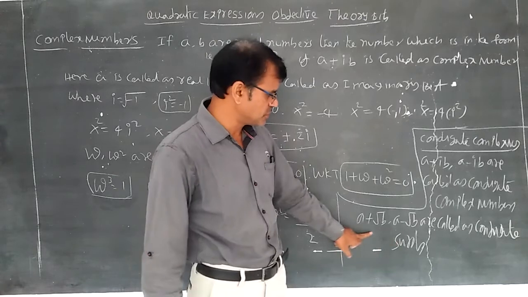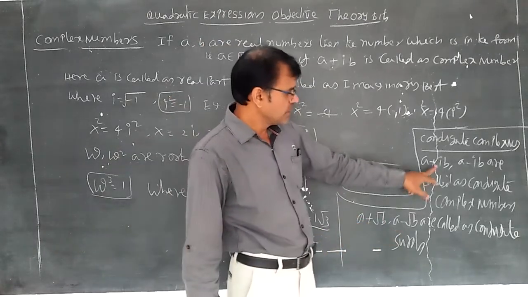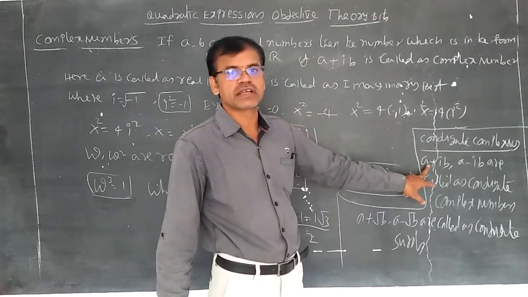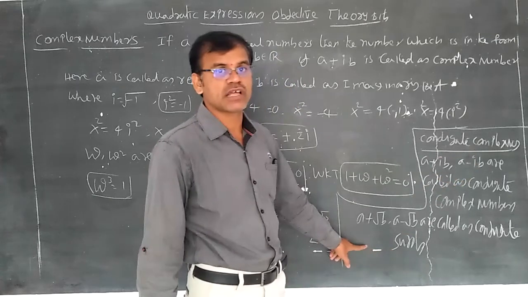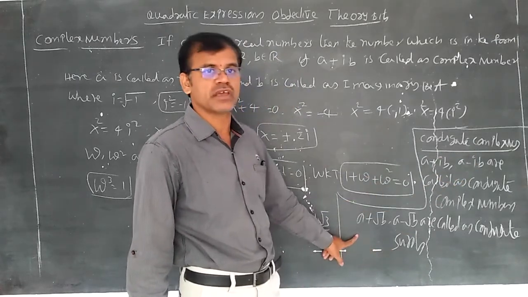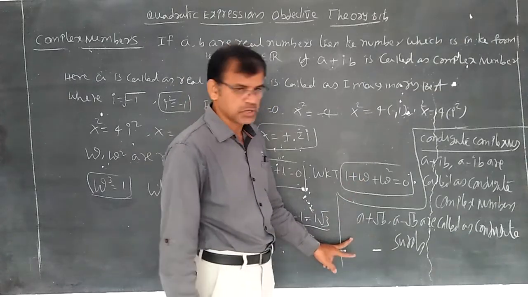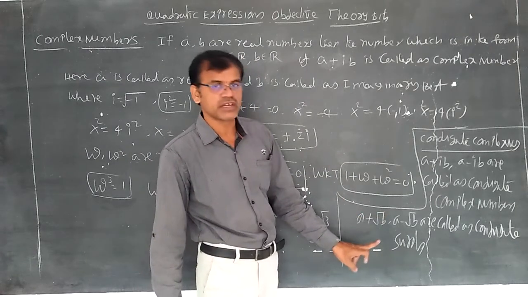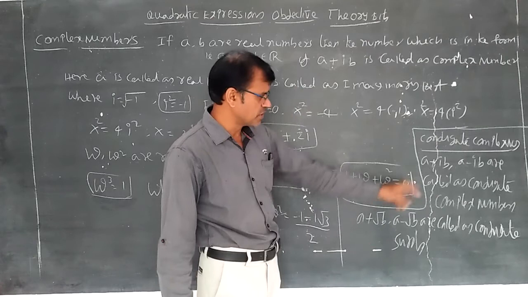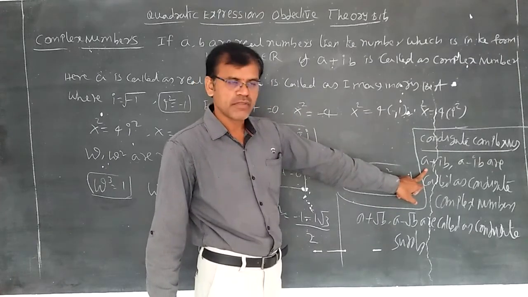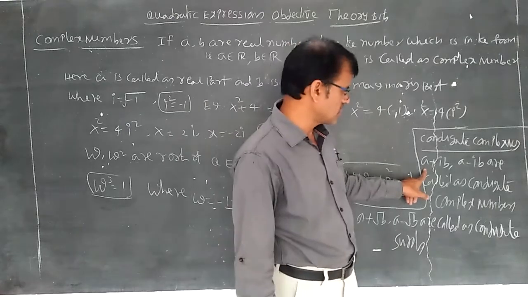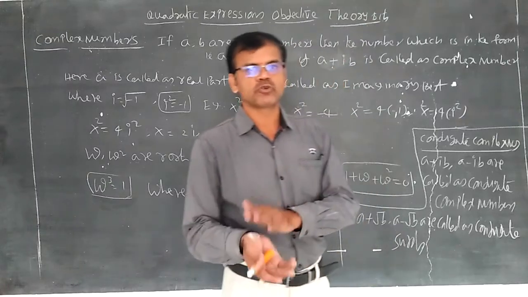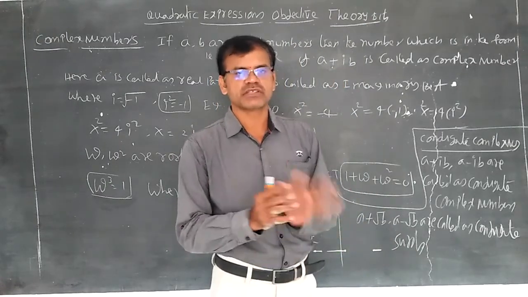Already we had written the synopsis also. And if delta is less than 0, then the roots are imaginary, or we can say the roots are conjugate complex numbers. Whenever delta is greater than 0 and not a perfect square in the quadratic equation ax² + bx + c = 0, if a, b, c are rational, the roots are conjugate surds. If delta is less than 0, the roots are conjugate complex numbers like a + ib and a - ib. Examples: 2 + √3, 2 - √3, -1 + √3, -1 - √3.